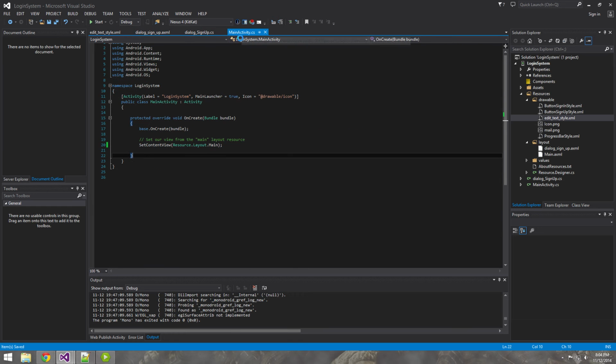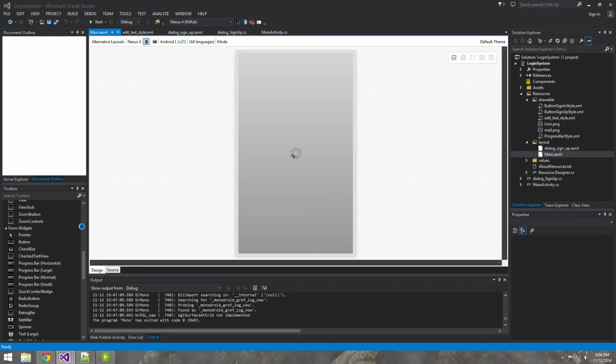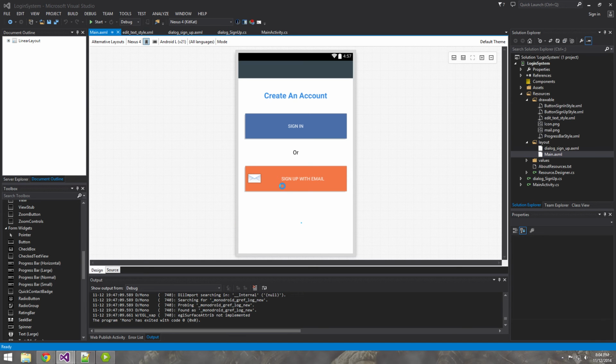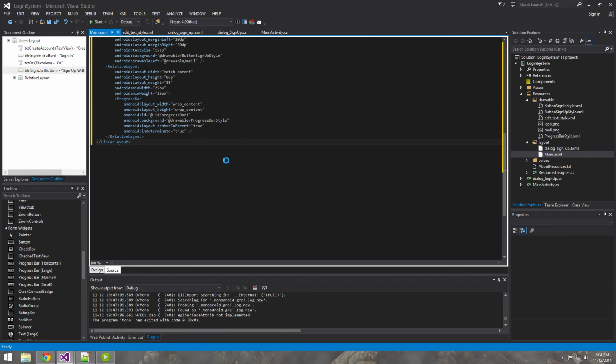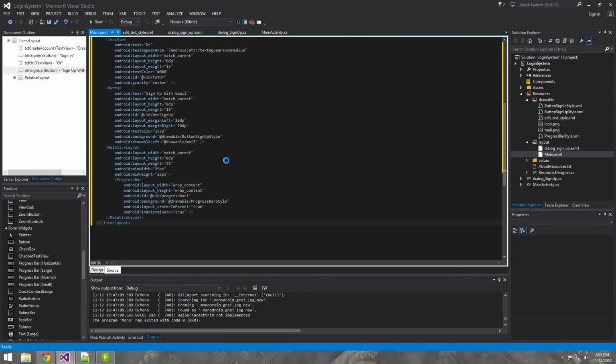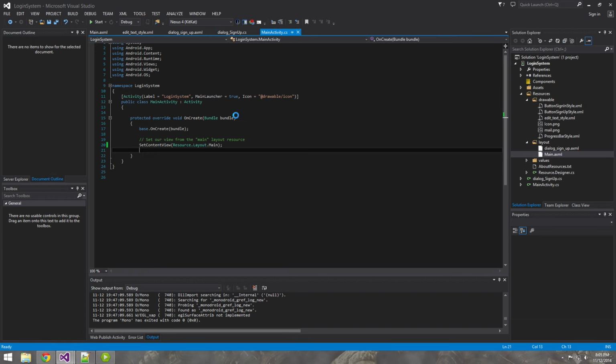So let's go back into the main activity, and here is actually where we're going to call the dialog. Okay, so let's go back to the main file, because what we want to do is wire up an event so that when this button is clicked, it'll pull up the dialog like you saw earlier. Okay, and the way you do that, once again, not specific to Xamarin, this is pretty standard for Android, is get a reference to this button by its ID, which is button sign up. Okay, so let's go back in our main activity,